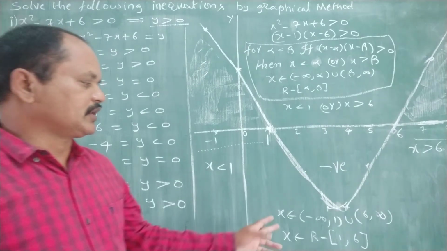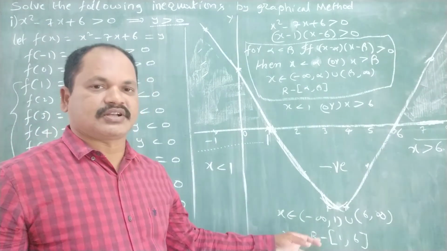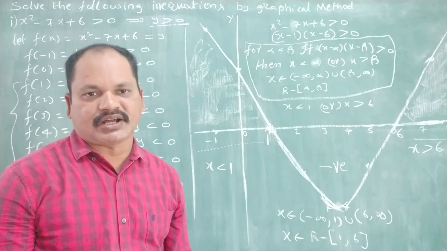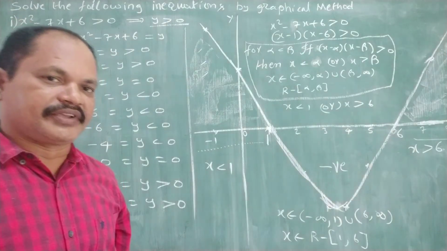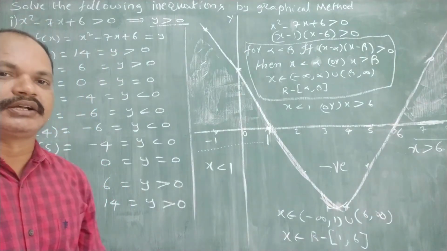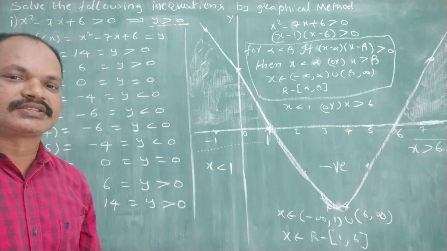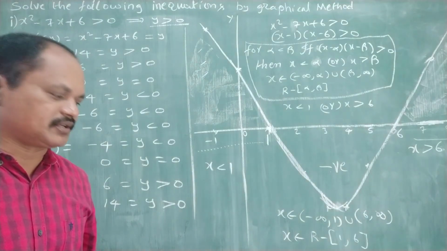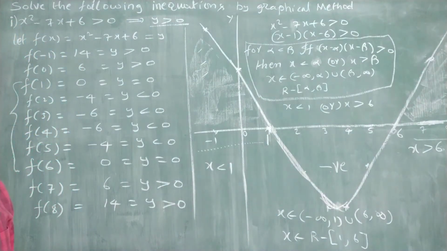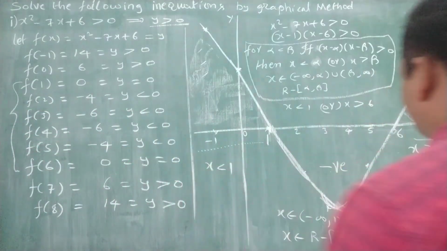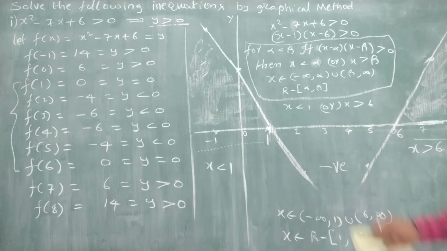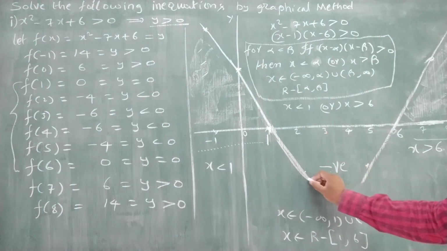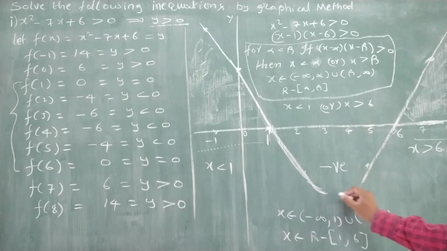So, in a more than one option question, this is one option, this is one option. Both the options are correct. Are you clear? So, this is the graphical representation or graphical method of the solution set of an inequation. Since at 3 it is 6 and at 4 it is 6,